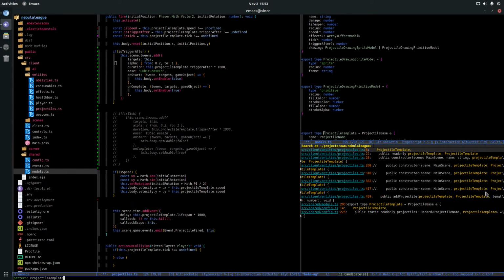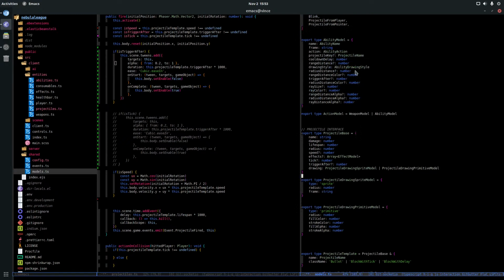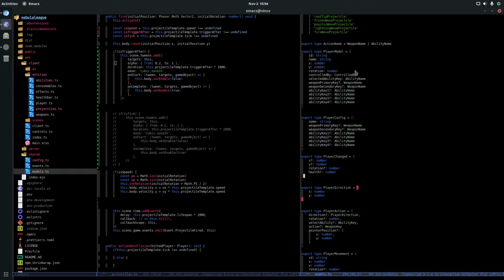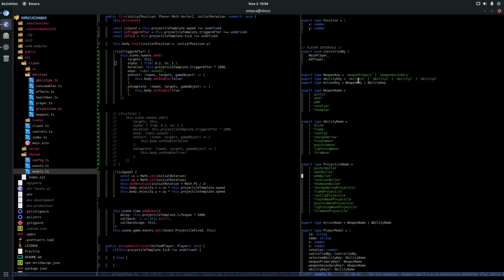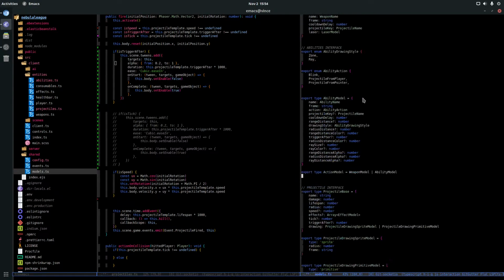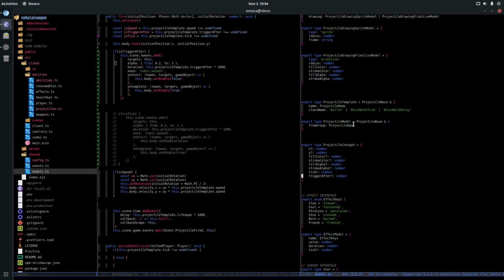It could be a projectile base. It will work. Why did I do that? Did I do that? I don't remember.